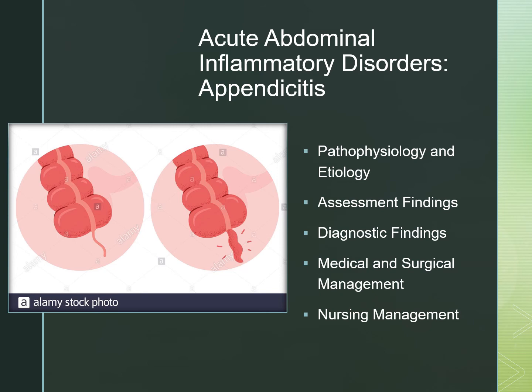Other classic symptoms include a low-grade fever, an elevated white blood cell count, and usually that white blood cell count is not elevated really high unless there's additional issues going on. Nausea, vomiting may also be present. Constipation. Rupture can occur within 24 hours of pain onset if it's not treated, and this can cause peritonitis or an abscess. We diagnose by looking at our blood counts, doing an abdominal ultrasound or a CT scan.